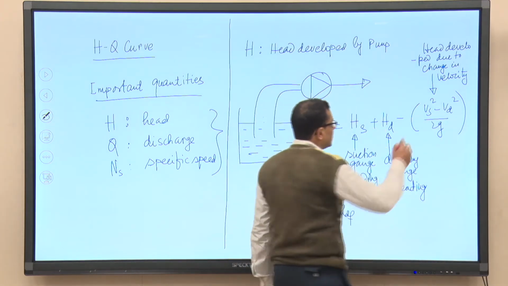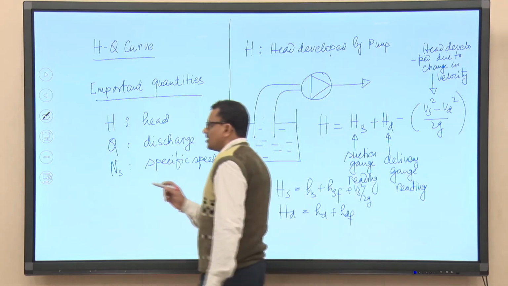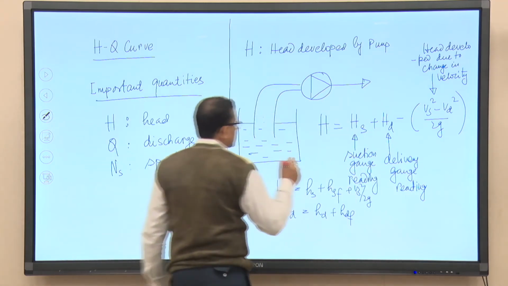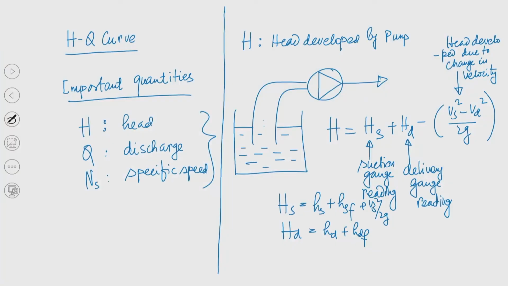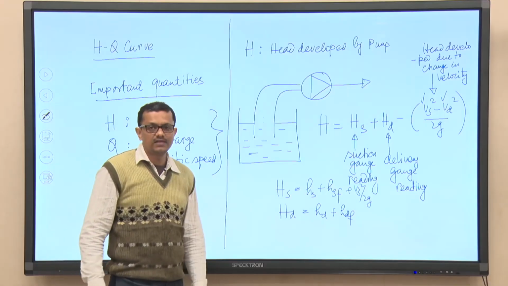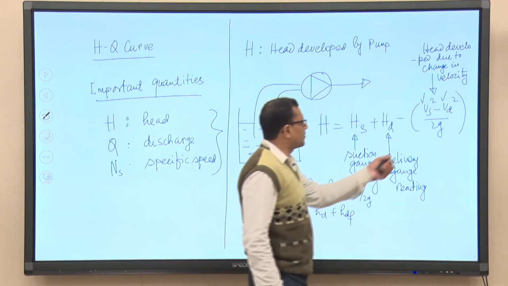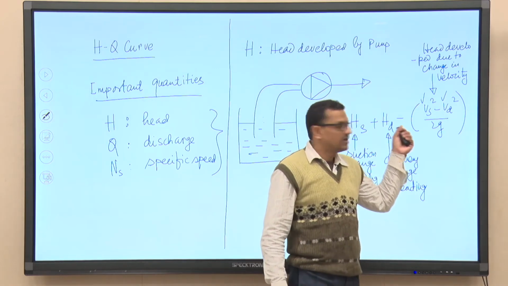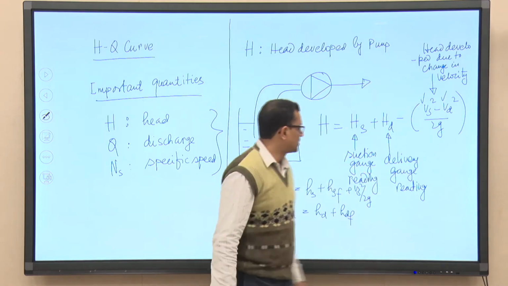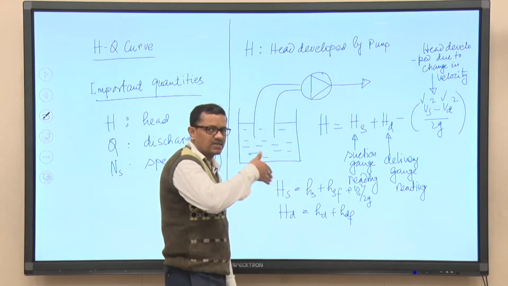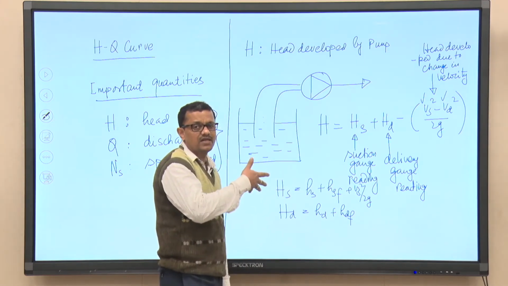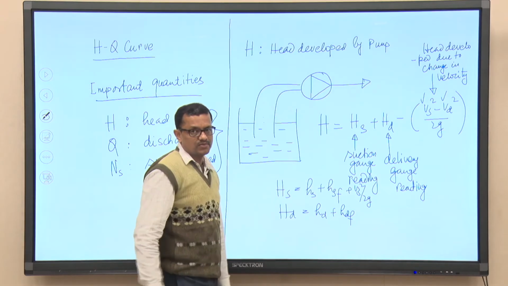If the delivery valve is remaining closed, you can see there is no flow, right. So, this Vs and Vd are the velocities of flow, the flow velocities at the suction and delivery side, right. When the delivery valve is remaining closed, there is no point of having flow velocity in the delivery pipeline, so Vd will be 0. Now, the pump is running just at the starting moment, but there is no flow rate through the pump. So, Q is 0.